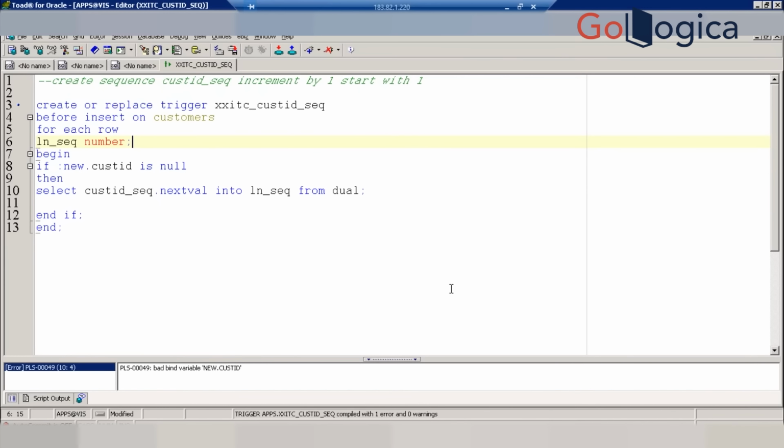Understand? Now see, if I execute it this way, it will execute. But still